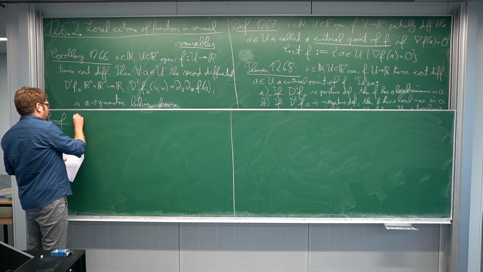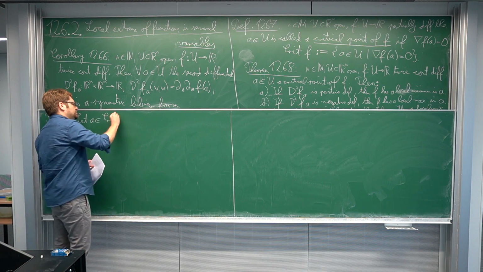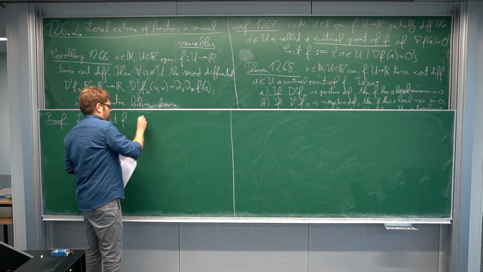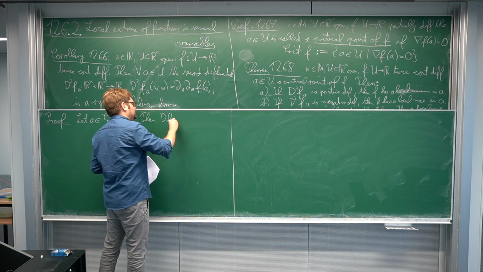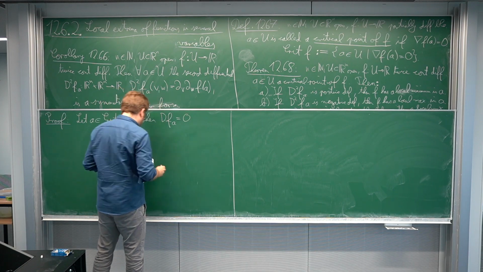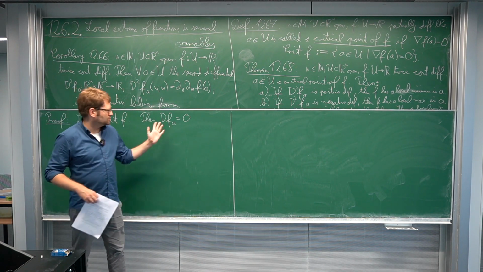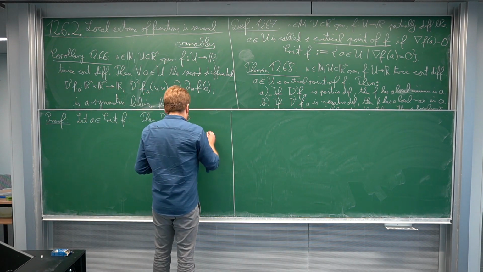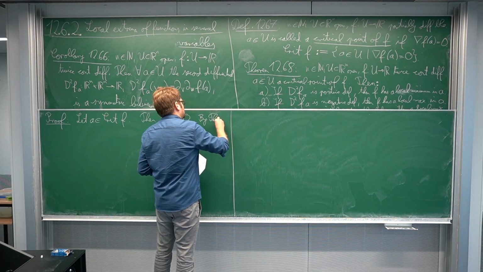Namely, if we have a critical point, let a be a critical point of f, so the gradient is vanishing. This is, by definition, the same as saying that the first derivative as a map is vanishing. So the component of the Taylor polynomial which involves the first derivative is already 0. This is what we already know. So by the Peano form of Taylor's theorem, this was theorem